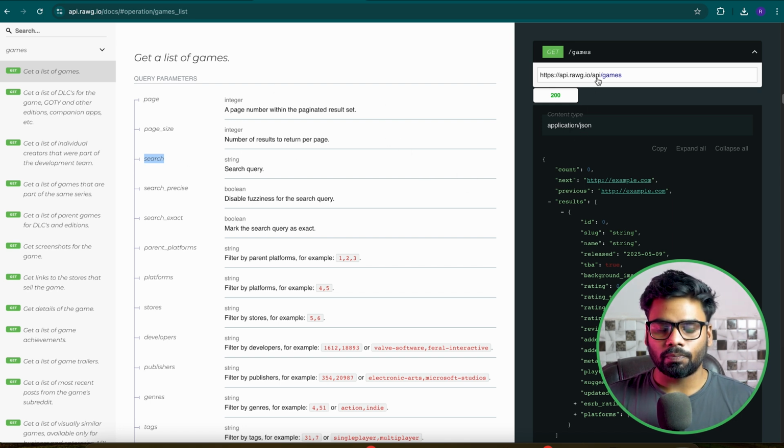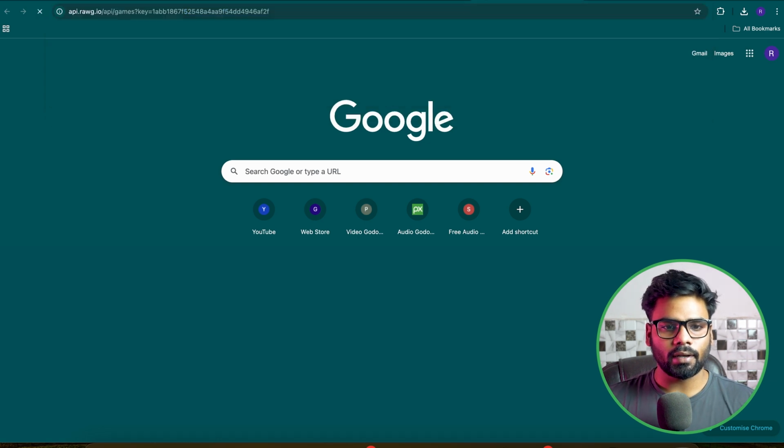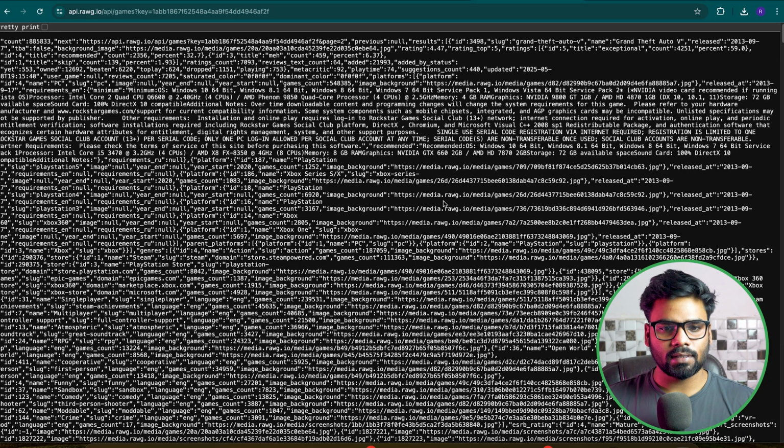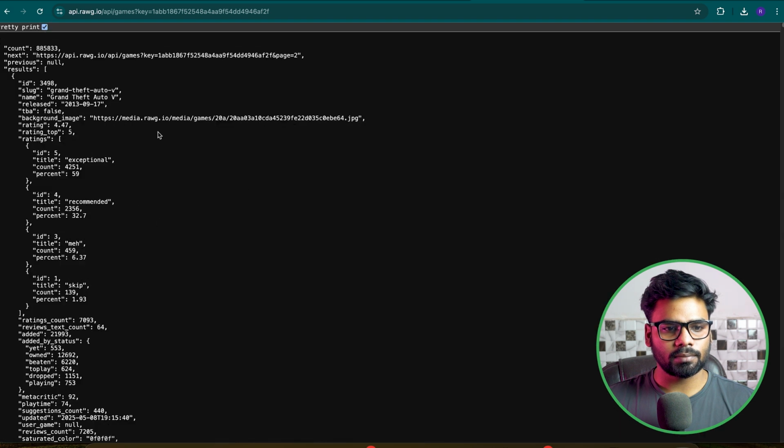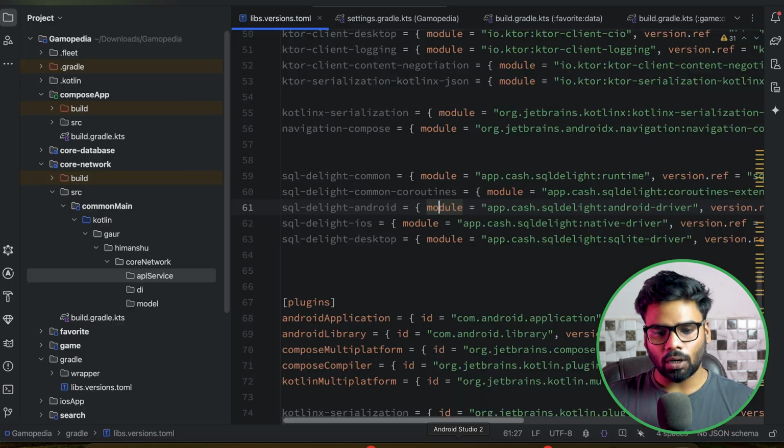Okay, so now I'm gonna just use this endpoint, and as I told you, you should use your API key, otherwise you will never receive any success response from their end. So I'm using my API key and just click enter. As you can see, this is their response structure. I'm gonna just copy all, come back to our Android Studio project,